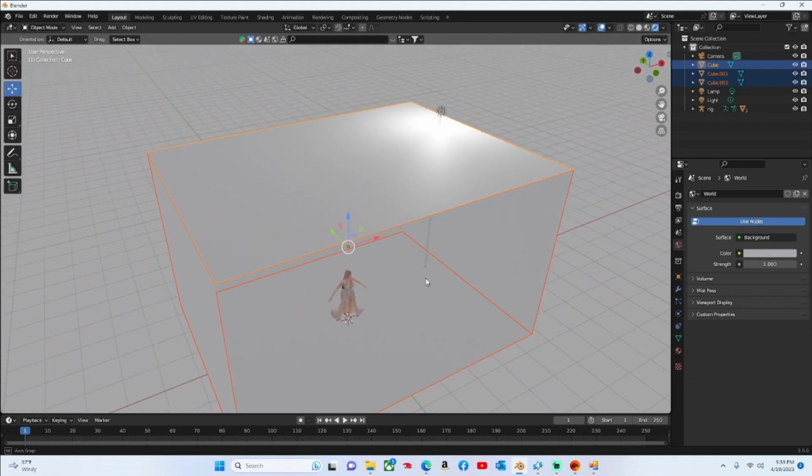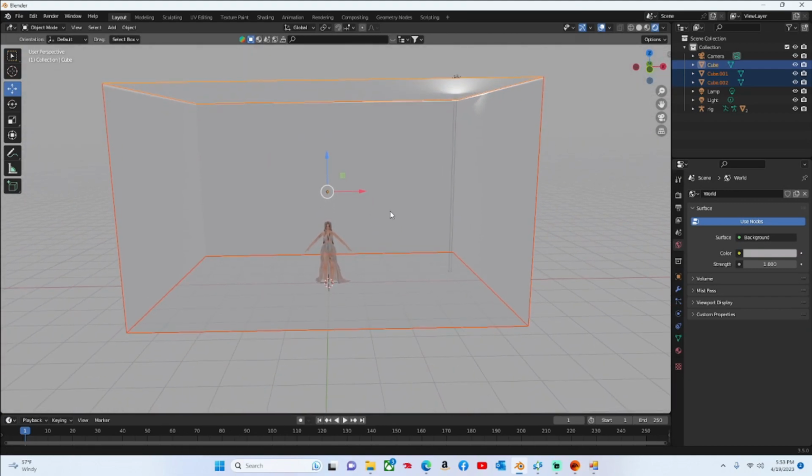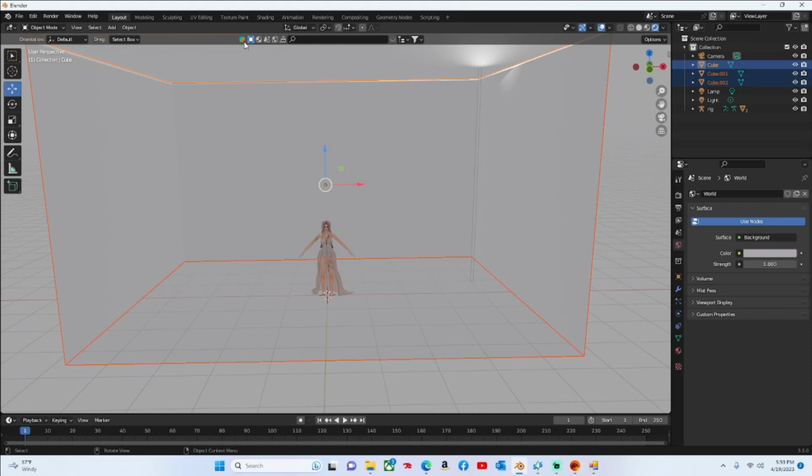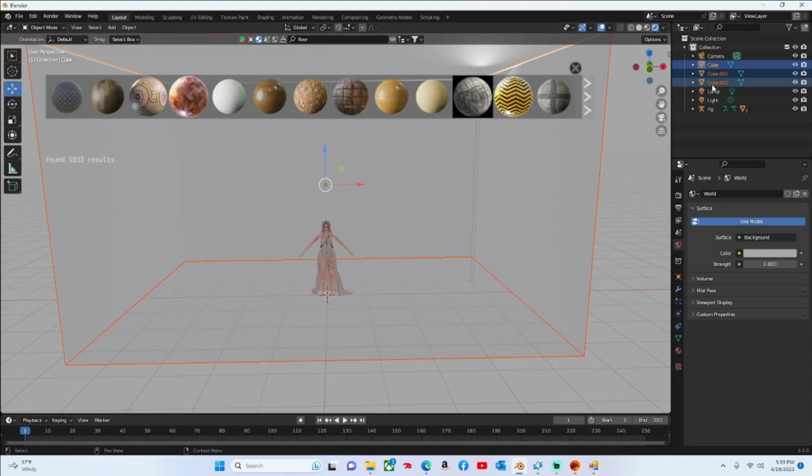You can get different materials from lots of places. One place that's really cool is Blender Kit, because you can install it as an add-on and then it's in your Blender. So I can just go here to material and type floor. And so I'm just going to rename this floor, walls, ceiling,